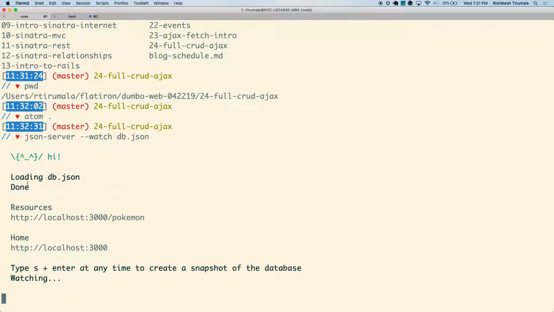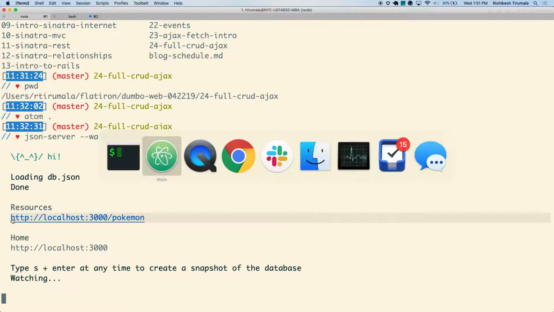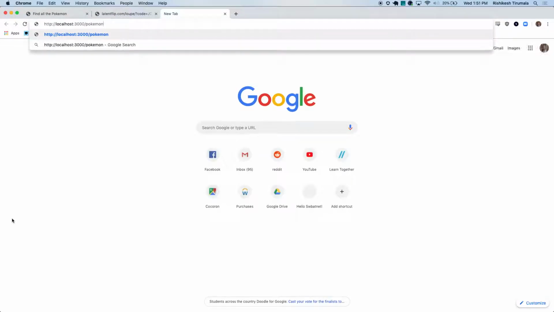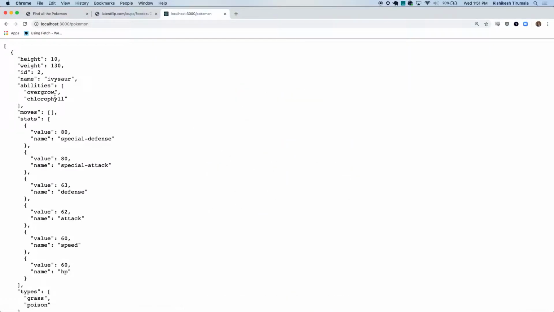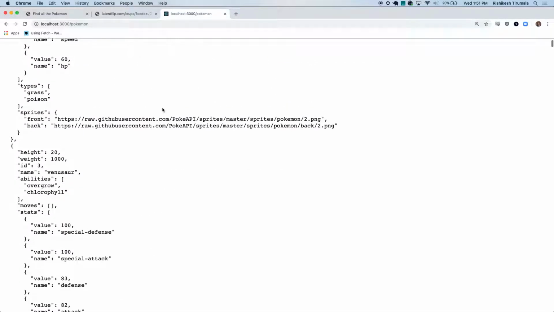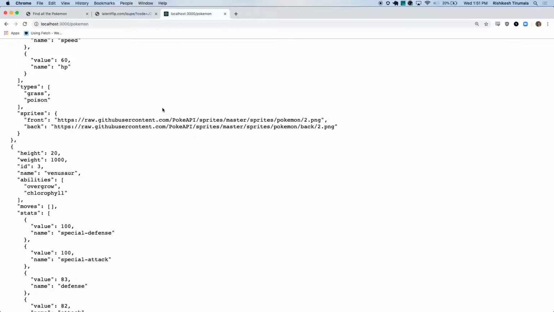On the server, we see, okay, we're running, localhost 3000/Pokemon. Let's just open that up in the browser and see what happens. It's JSON, right? I actually have a tool that prettifies your JSON, makes it look a lot